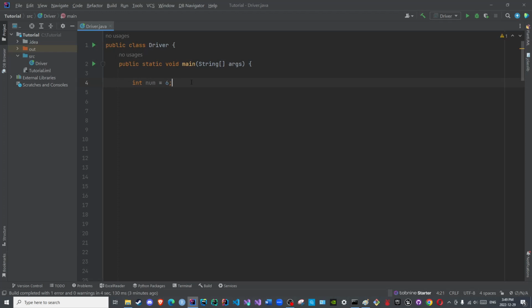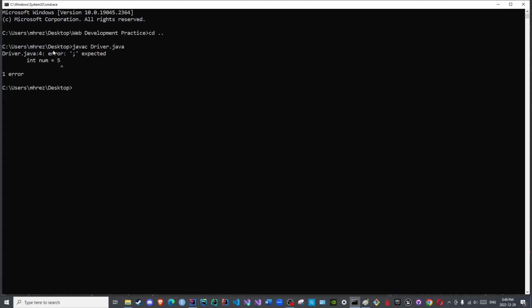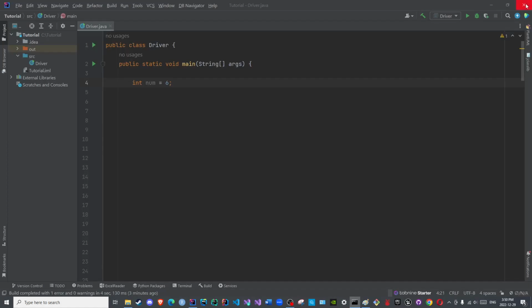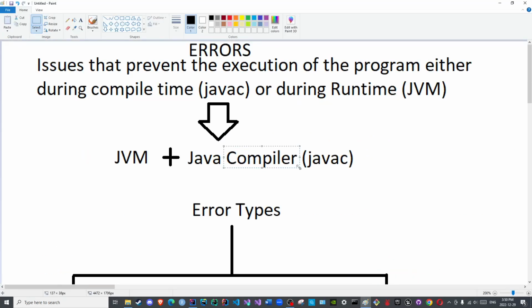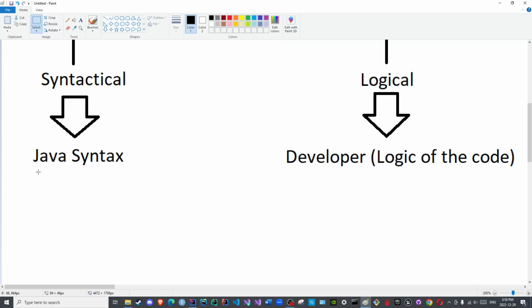If you fail to abide by these rules, you will have an error, so you will never be able to compile the program to begin with, because you are not appeasing the compiler, which is needed for the compile time. You can compile a program so it passes the proper syntax, but it fails at runtime, which is the logical error. So here we will say